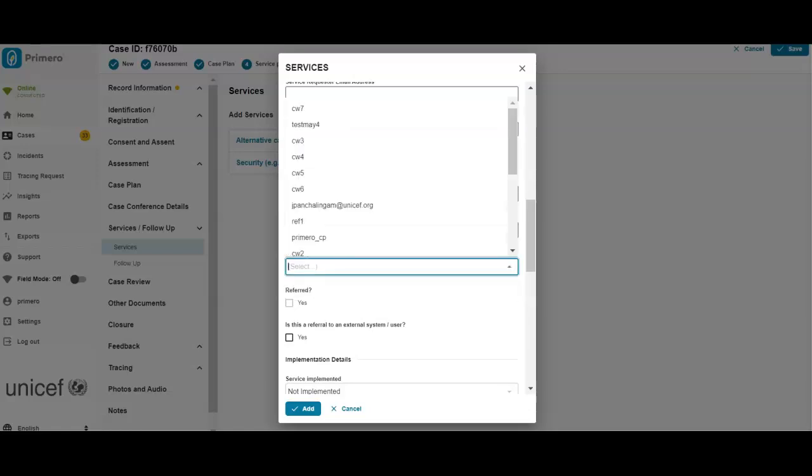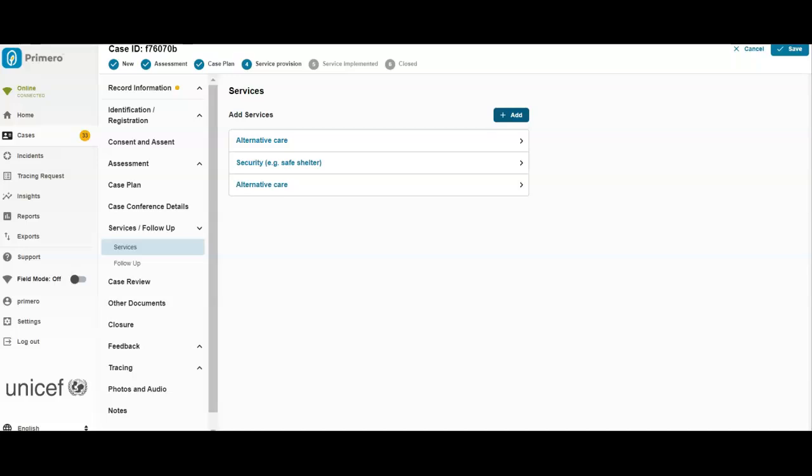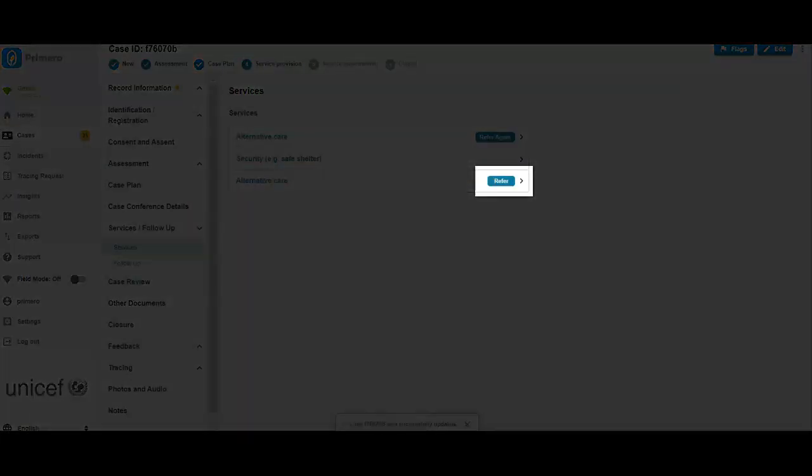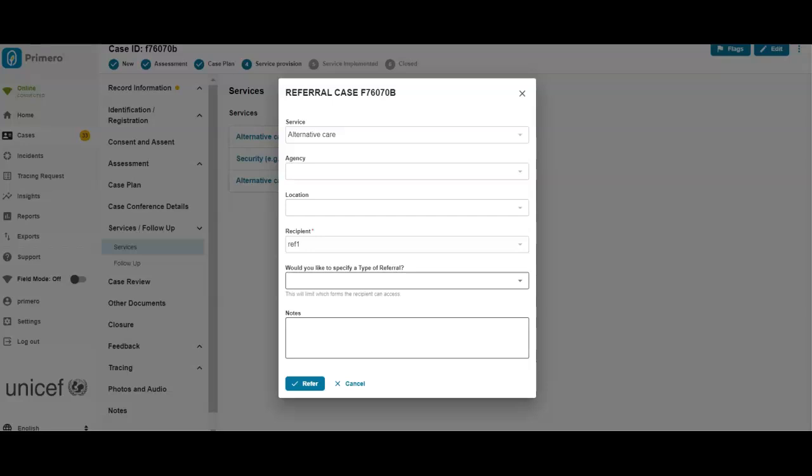To make this easy, I'm just going to go directly into the service provider name and select the service provider that I'm going to show you in this demo and then click on Add. Then I will click Save. Once this information is saved, you can see now that there is a Refer button beside that alternative care service that I just created. Once I click on Refer, I'm able to see that I am sending an alternative care